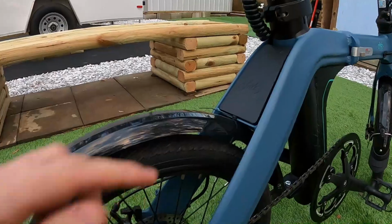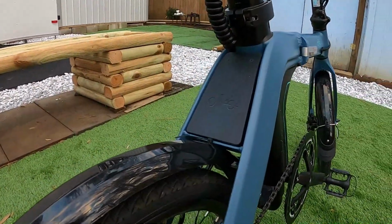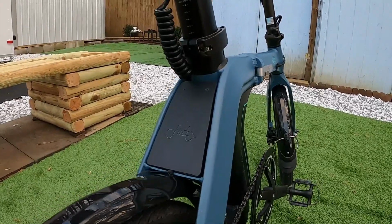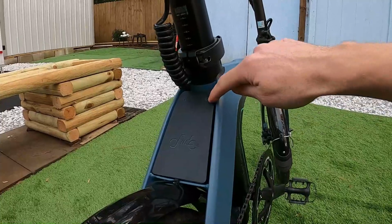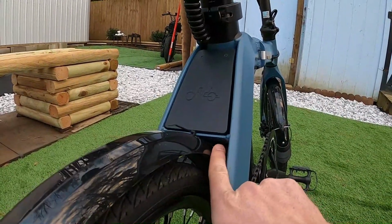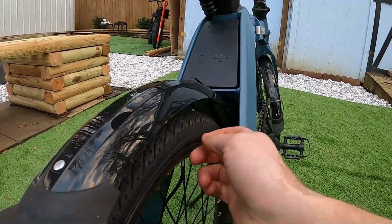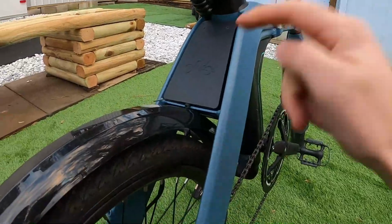This piece here where it mounts right there is a little bit harder though. The way you do this is you have to remove this plastic cover to get to the mounting location. Your controller is behind there, by the way. You take out these screws up here at the top, and then underneath here there are other tiny screws you have to remove. You have to get a screwdriver in between the wheel and the frame here to get in there. I was only able to get one of them out,